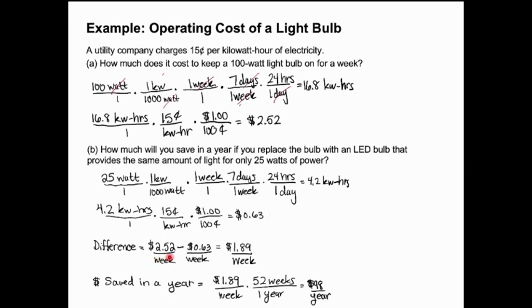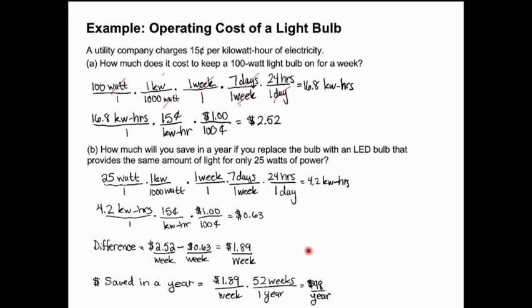So when I take $2.52 per week and subtract 63 cents per week, that means I'm going to save $1.89 per week. Now I'm going to switch this from weeks into a year. So if I save $1.89 per week and I want to change weeks into years, I'm going to use the conversion factor that I know that 1 year is equivalent to 52 weeks. I'm going to put the 52 weeks in the numerator, so my weeks cross off, and then when I multiply this out, I'm going to get